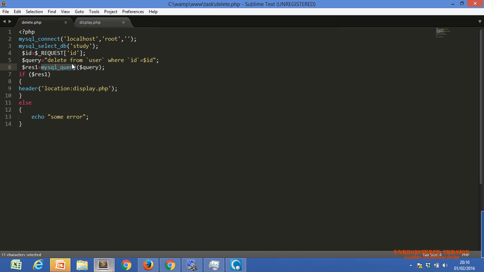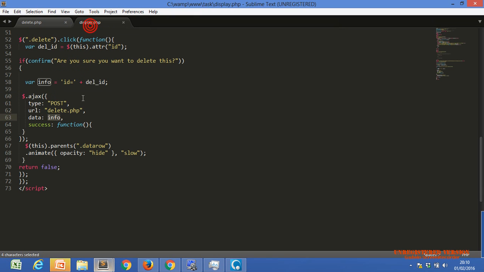If we fire successfully, then it will return true. If it returns true, we just redirect back to location display.php, nothing else. Okay, and our code will execute, which means Ajax will be executed successfully.